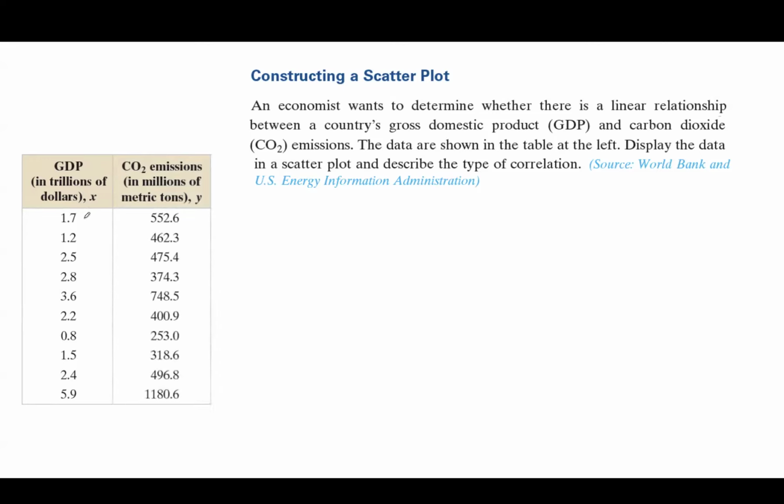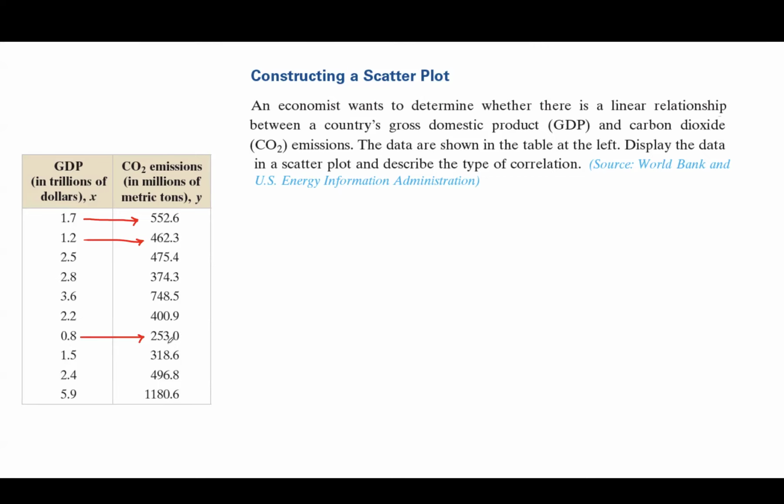So for example, if the GDP of that country is 1.7 trillions of dollars, its CO2 emission is 552.6 millions of metric tons. If the GDP is 1.2 trillions of dollars, the CO2 emissions is 462.3 millions of metric tons, and so on. Please note that the data is not written in order. You have 1.7, then you have 1.2, then it jumps to 2.5, and so on. The minimum value is 0.8, and the CO2 emission associated to that value is 253